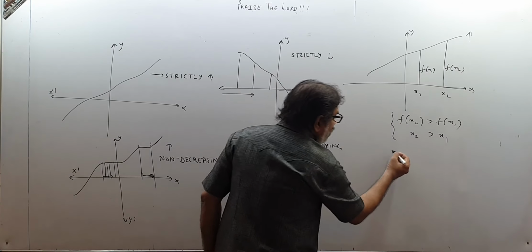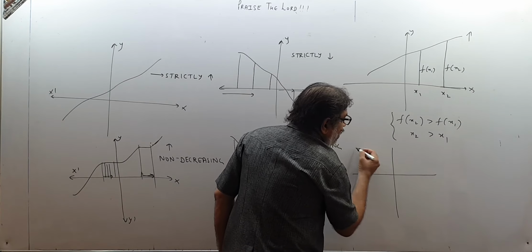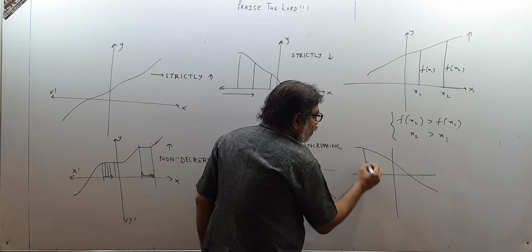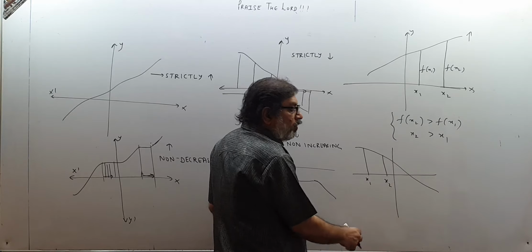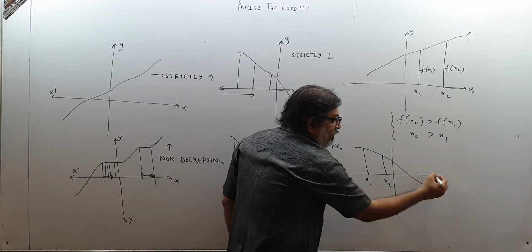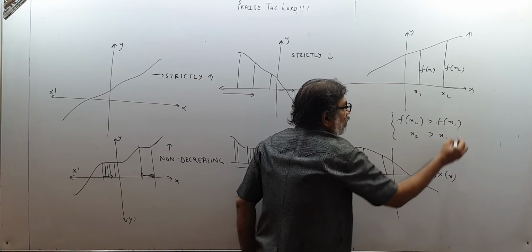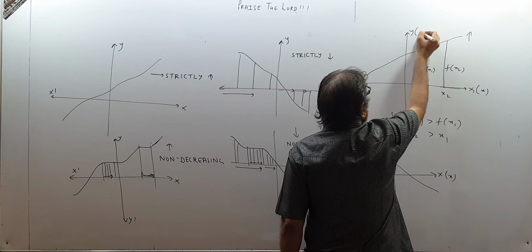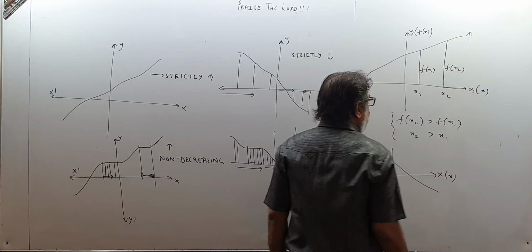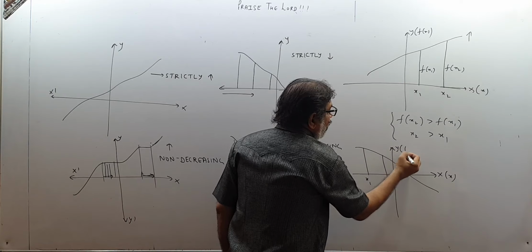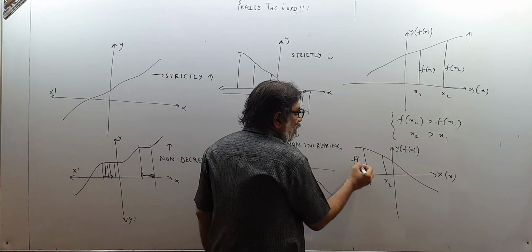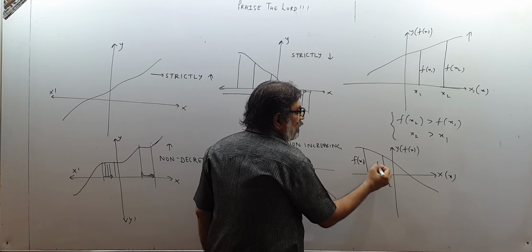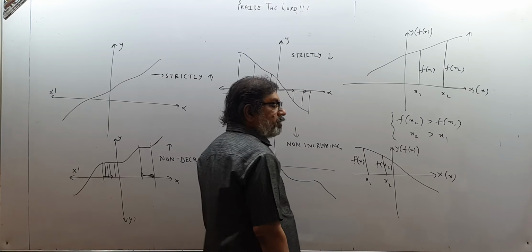What is happening over here? Please see. Supposing I have got a decreasing function like this. So this value is x1, this value is x2. The number on right will be more. x2 is more than x1. This is x-axis, where I will have x. This is y-axis, where I will have fx. So this is the height fx1 and this is the height fx2.